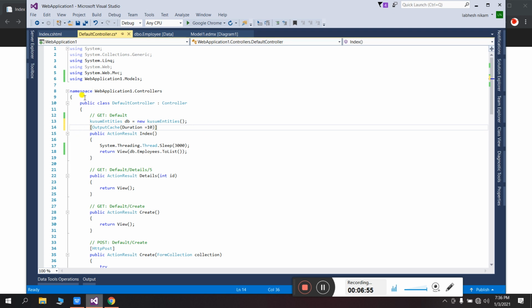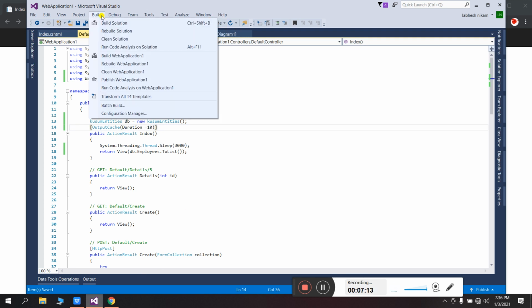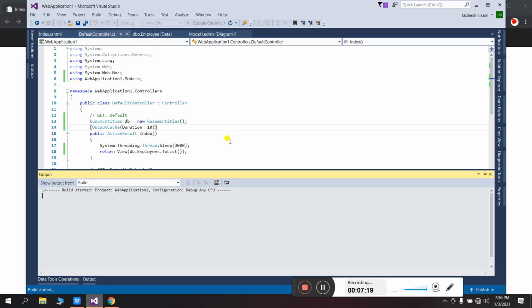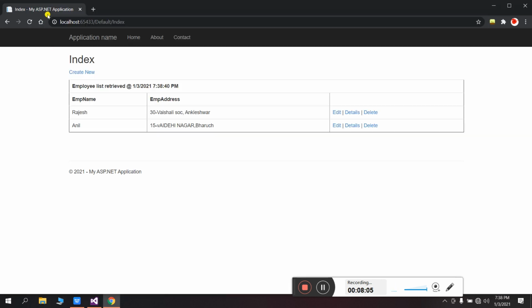So this MVC application will sleep for 10 seconds, and after every 10 seconds it will refresh the page. But for those 10 seconds it will serve the data from the cache. Let's check and see the time again. Build it and it will work. I have given 10 seconds, so after every 10 seconds you can see the numbers change here.